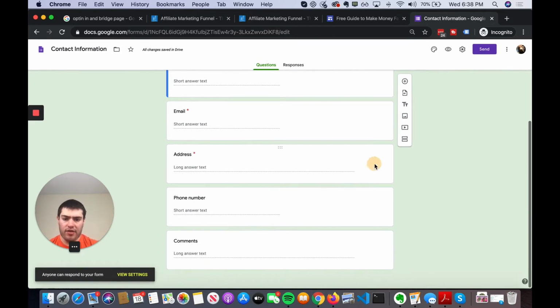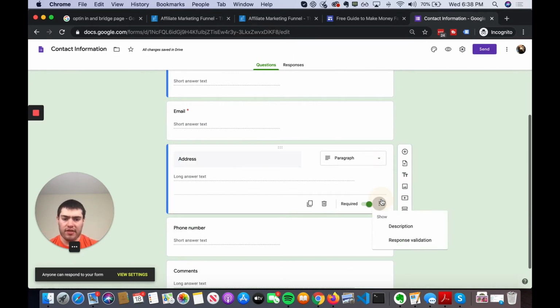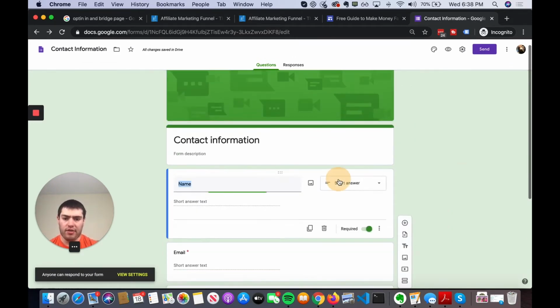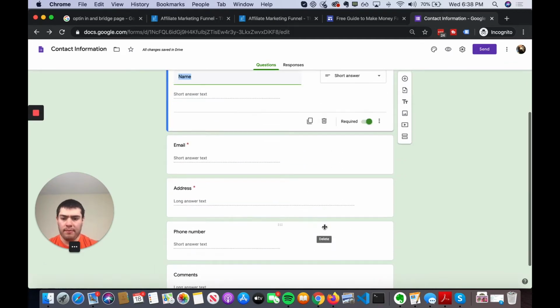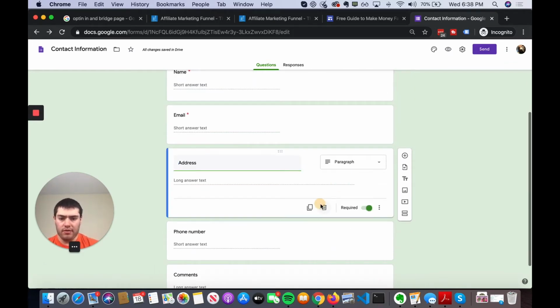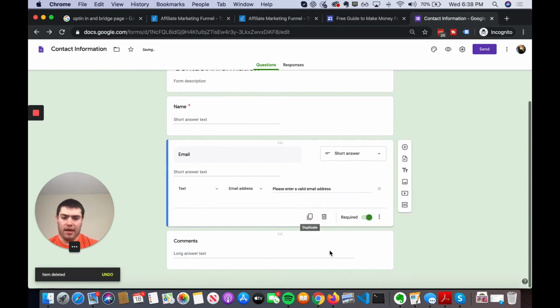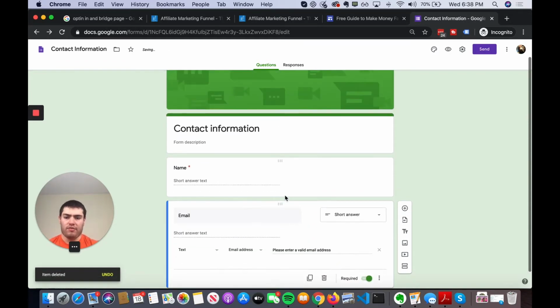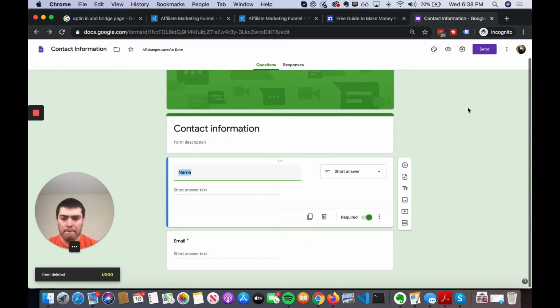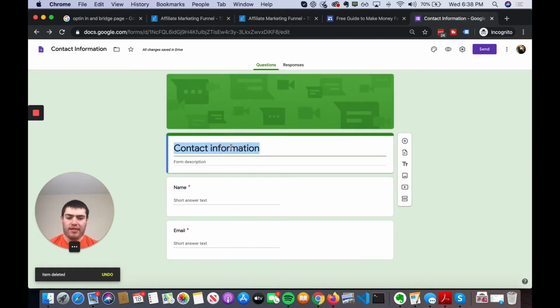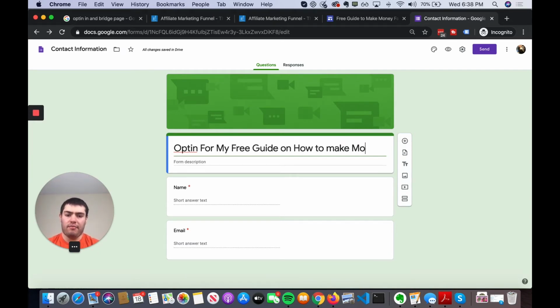And you don't need all this information. You've got to think about the person that's filling this out. Like if it's on a mobile device, you don't want all these different fields. You probably just want email and their name, because then you can follow up for some of that other information. But you might say, like, opt in for my free guide on how to make money